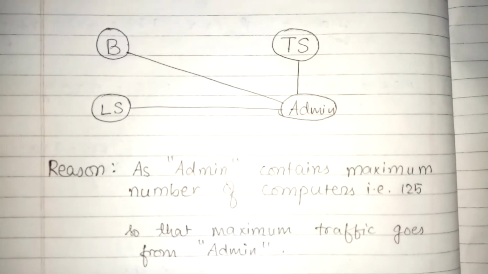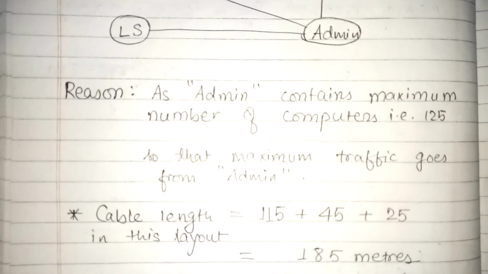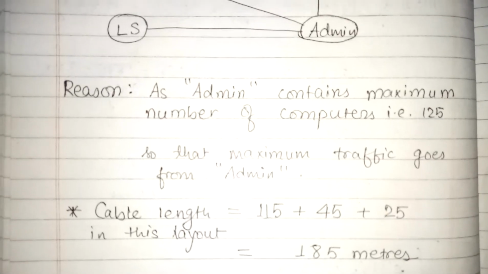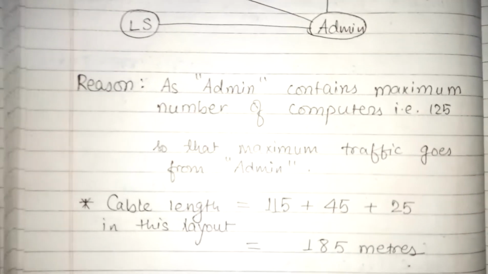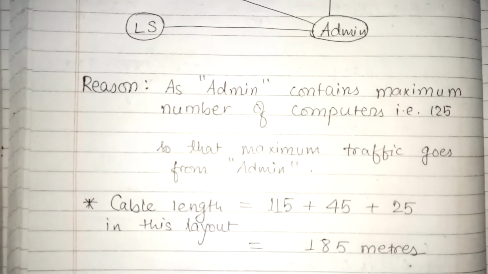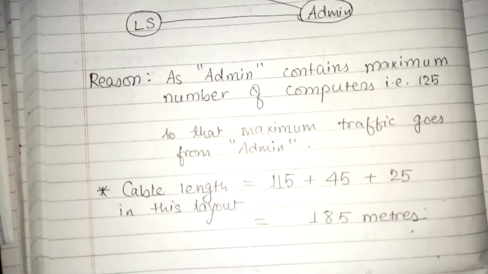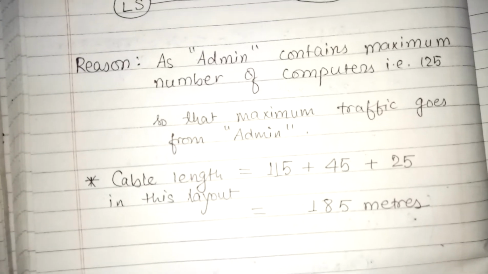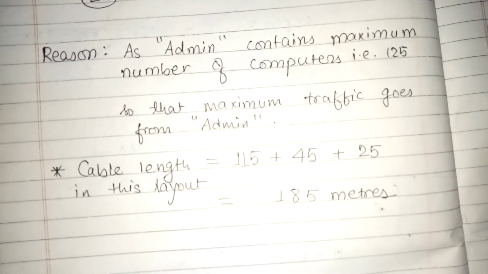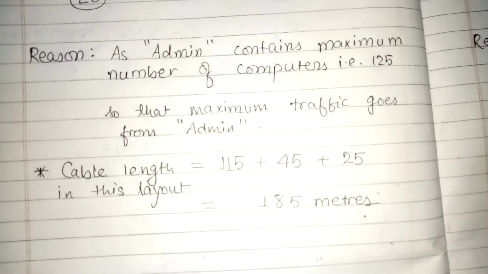The reason that it is not the correct answer is this. The cable length is 185 meters, which is far beyond the distance between two buildings, which is too large for a small network. You can't put cables for so long. This will maximize the cost, and to minimize the cost, our main and basic goal is to minimize the cost based upon the elements that do not compromise the establishment and availability requirement.